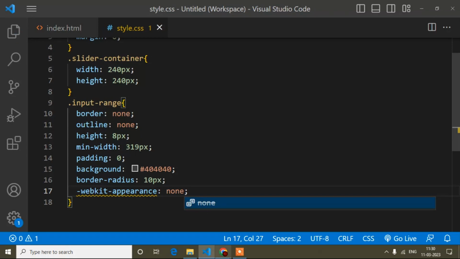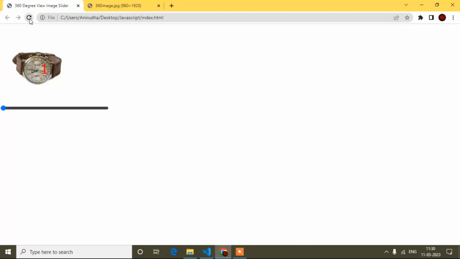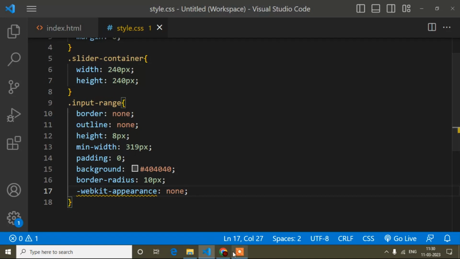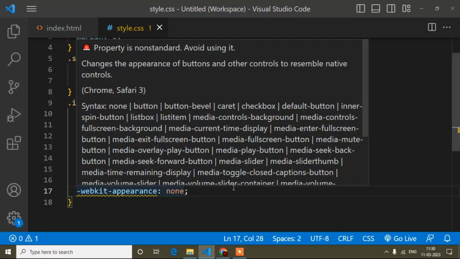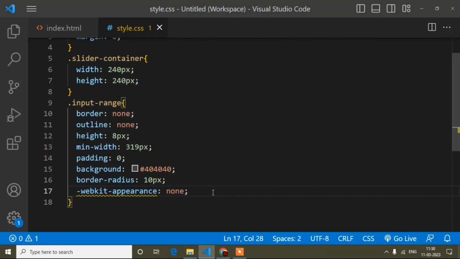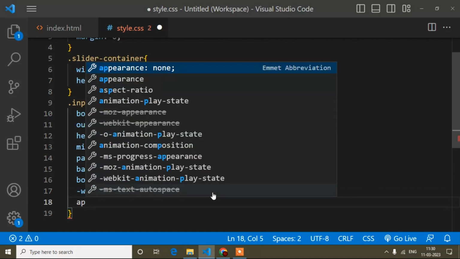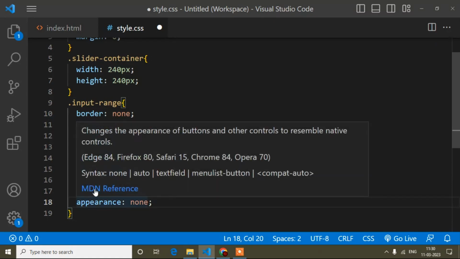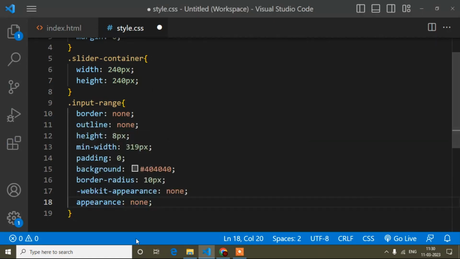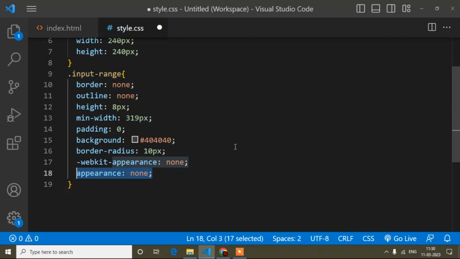After doing that, let's see how it will be. See, gray color is added, and here you can see it's like that. I will change this thumb design also, so that's why I'm writing WebKit appearance none, and here I will write simply appearance none, because appearance none will be applicable for all the browsers.